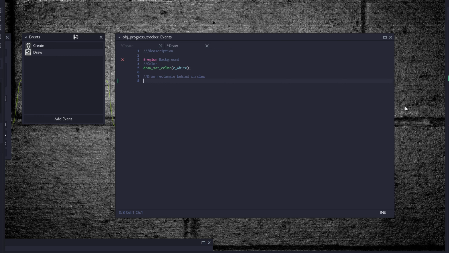So we draw a rectangle behind the circles to pretend to be the line. Draw_sprite_stretched sprite_pixel 0, xx, y, width_ and height_,